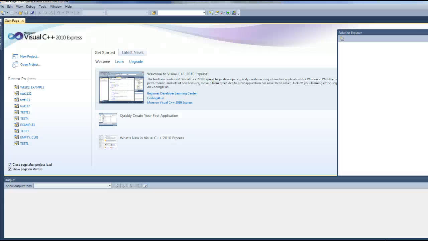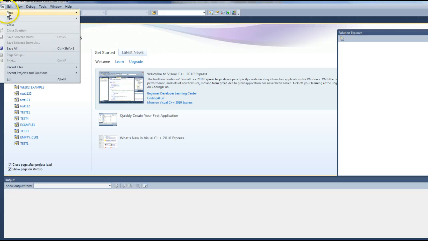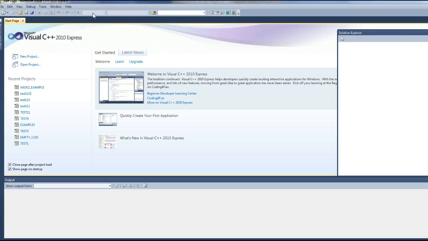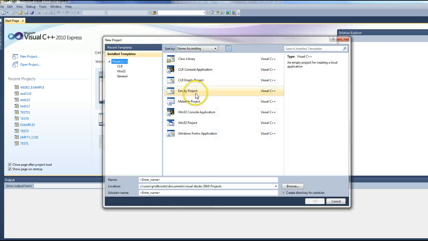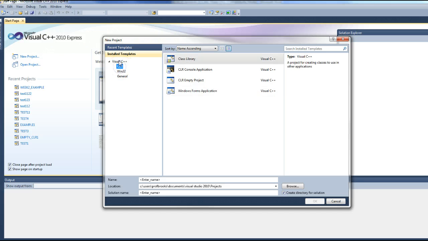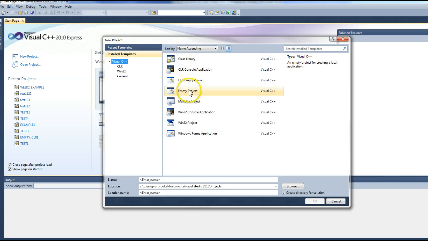Okay, I'm going to bring up my Visual Studio. And I'm going to say File, New Project. Okay, so this is going to come up. Let's do an empty, let's see, do I want to do a CLR? Nope, let's just do an empty project. Okay, and I'll put in here week 2 live lecture. Okay. And I'm going to say okay. Now this is very important because this right here lists